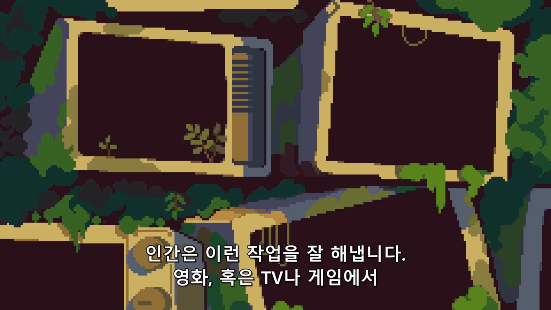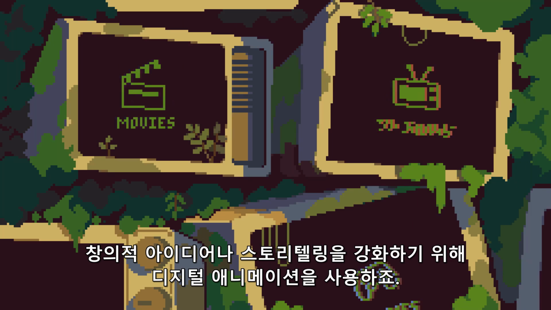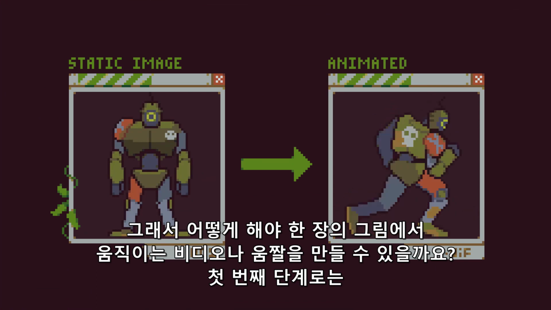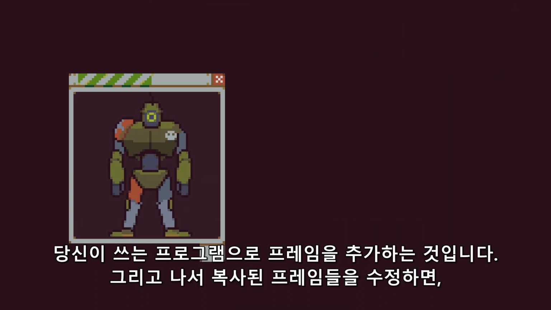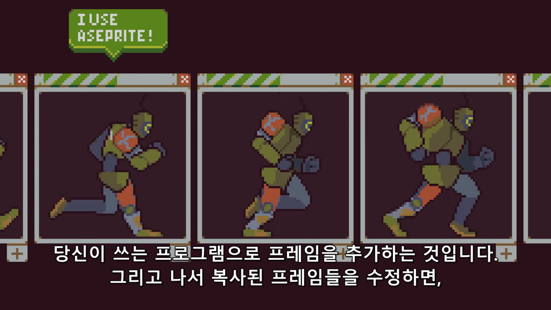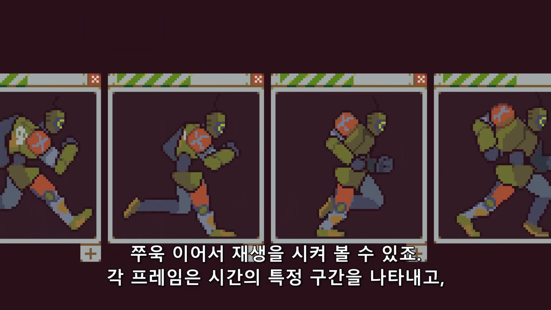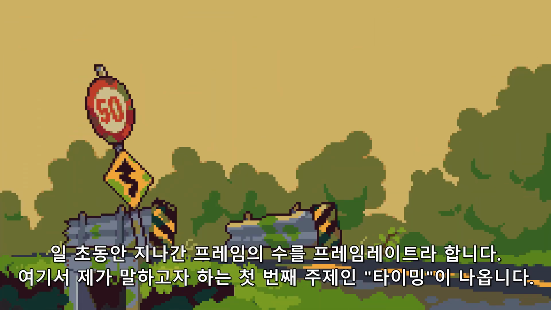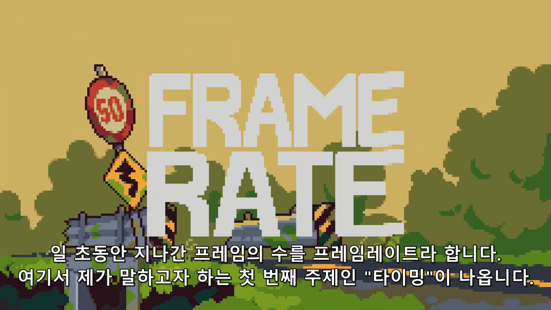We use digital animation in our movies, TV shows, and games to express creative ideas and enhance our storytelling. So how do we go from a static drawing into a fully animated video or GIF? Well, the first step is to add frames to the artwork, using your program of choice. After we've modified these duplicate frames, we can display them back to back, each for a certain period of time. We call the number of frames shown in 1 second the frame rate, which leads me into my first major